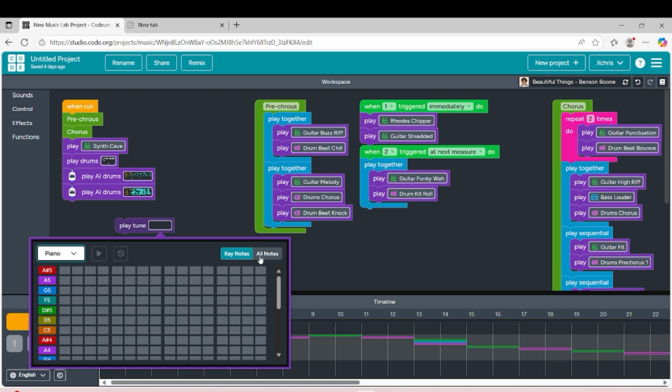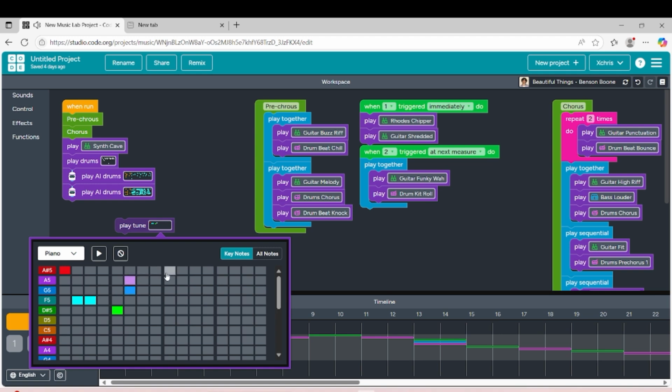If we want to create something, we can choose the key note or the all note. The all note will show all of the notes in the instrument, like the piano. They have many, like C5, B4. In order for us to make it, let's say we want this.